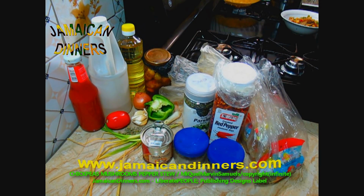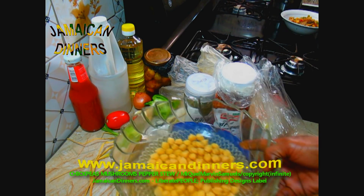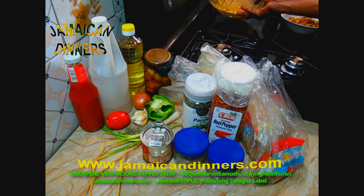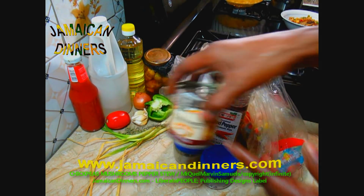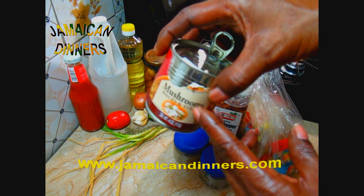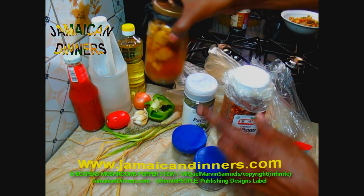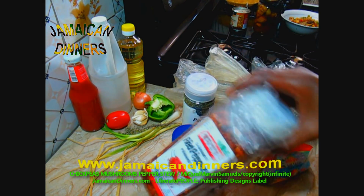Alright, so you're gonna need about a quarter cup of unsoaked chickpeas. I have to soak about a cup. We already soaked it overnight. If you're in a hurry, you boil it for 5 minutes and allow it to soak for an hour. We're going to use a small can of mushroom, half a Scotch bonnet pepper, or you can use red pepper,